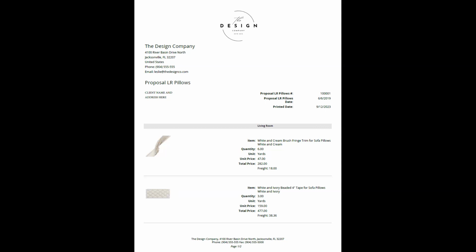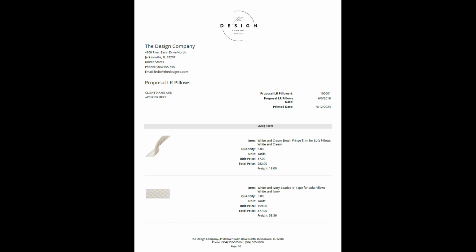In this video, I'm going to introduce you to a project management document called a client proposal. Now, as we've seen in previous videos, the designer has designed the pillow, selected the materials involved, has an estimate of the cost of the materials to create the pillow, and also has documented and specified all the components of the pillow. So now we go to the client and we say, okay, client, this is your pillow, and now it's time to pay for it.